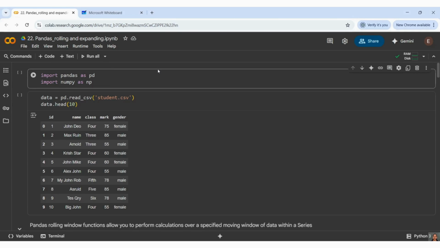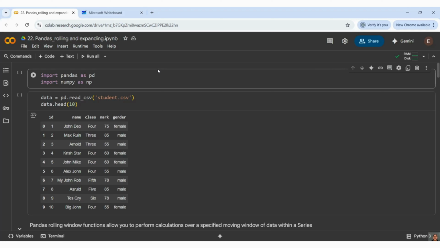Now we are going to learn about some of the advanced concepts of pandas, which is rolling and expanding, and a few more. We will talk about it, and let us start without delay. So what is rolling and expanding and how beneficial is this for our data sets? Basically rolling and expanding are used for time series data where you need some frequency of data at that time, and you need the moving average, some regular interval average, regular window average. In those cases, rolling and expanding is needed.